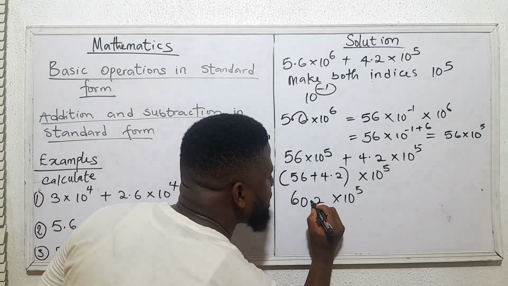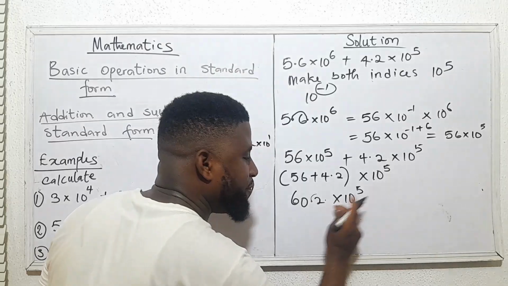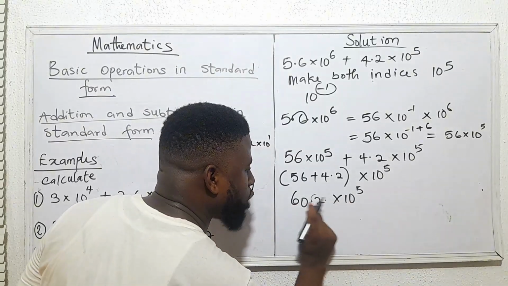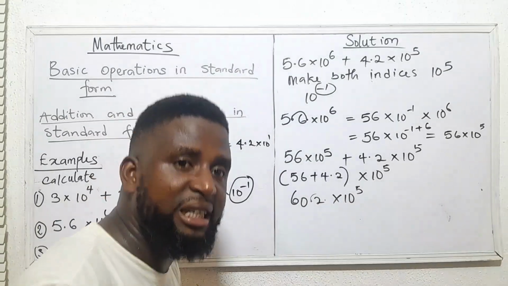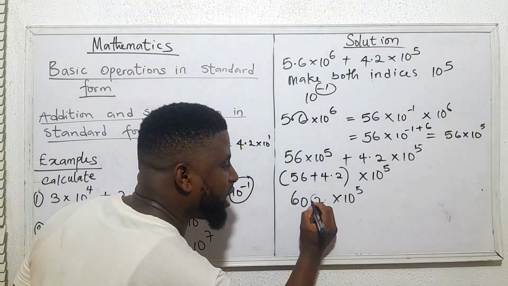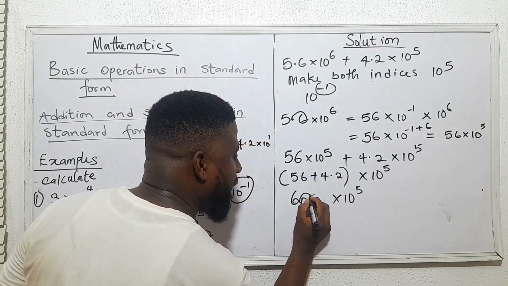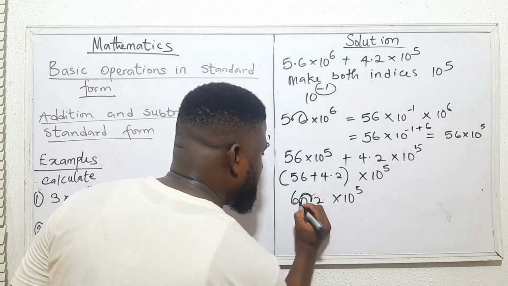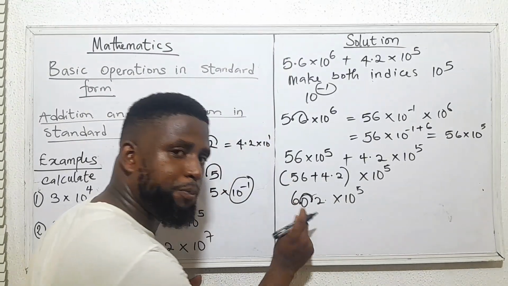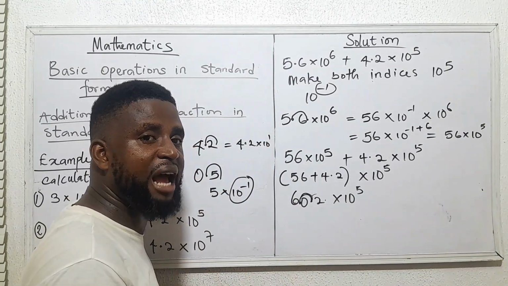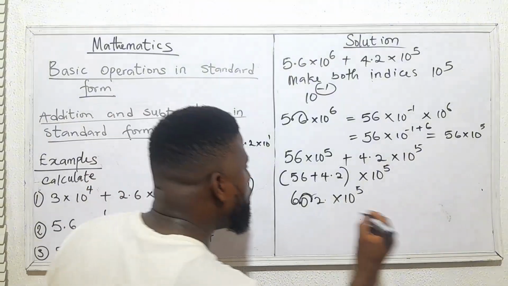Now, if I move the place of the decimal point forward, I will have a minus, right? And then I will have 602, which is clearly greater than 10, which means my place of decimal point cannot move forward. It will only move backward. Now, if I move backward one more time, it means that I will now have 6.02, right? 6.02 is clearly greater than 1 and less than 10, which will now give me